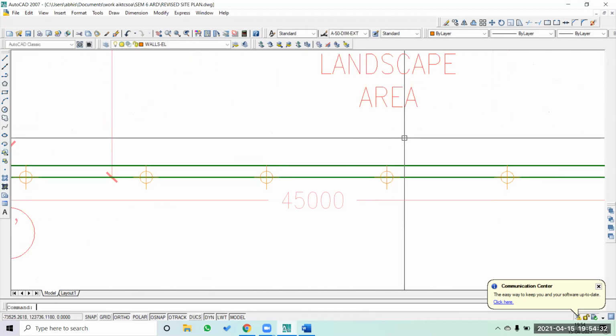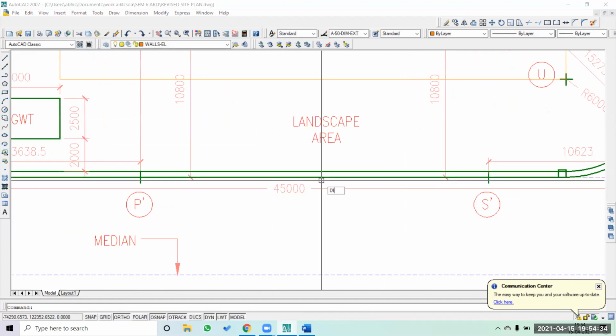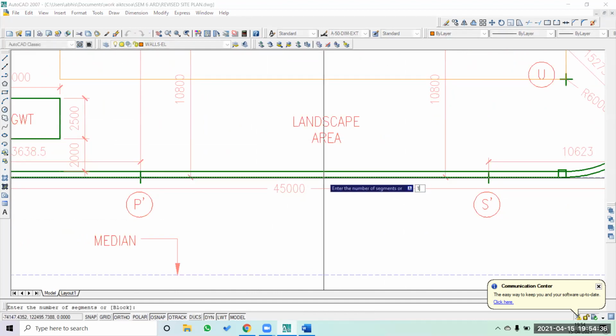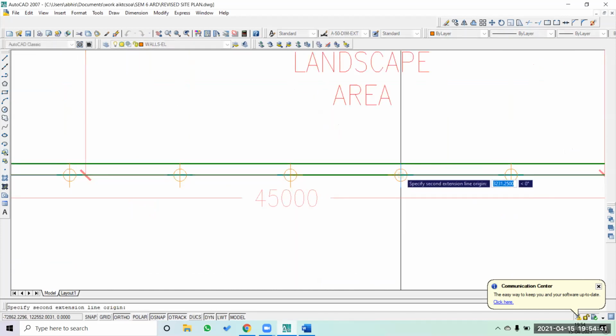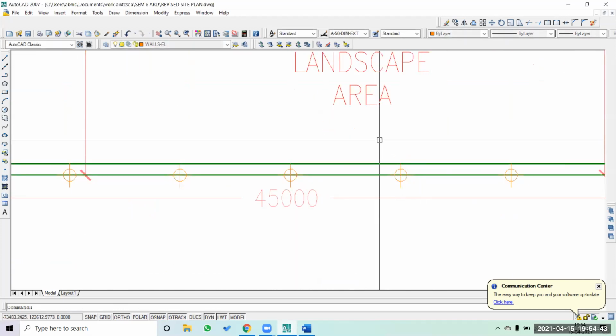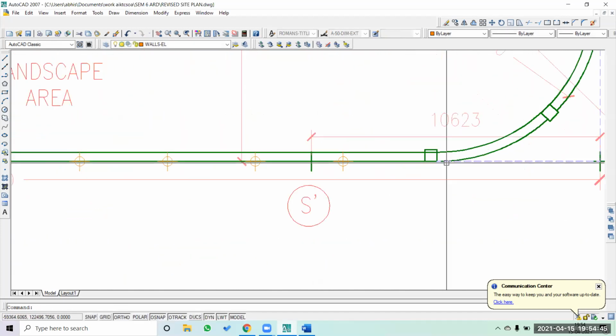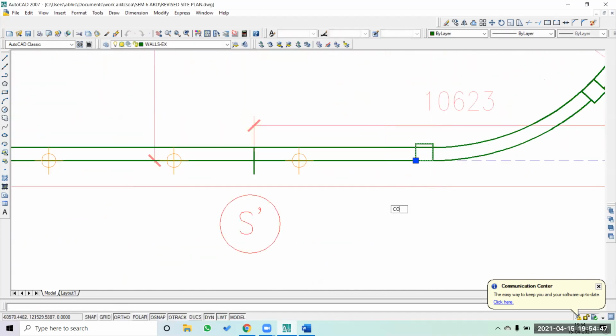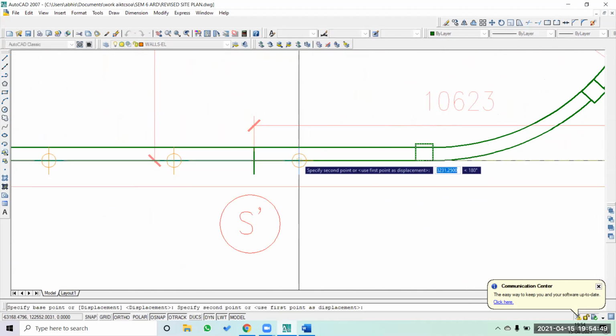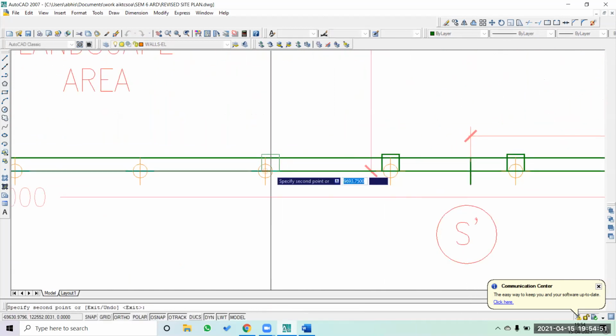Yeah, so it's 3.4. So what I'll do is I'll again divide it into 12 and check the measurement. If it is less than 3.4 meter, I'll go with it. Okay, perfect. So now we got this. So now I'll simply start putting up all these columns.